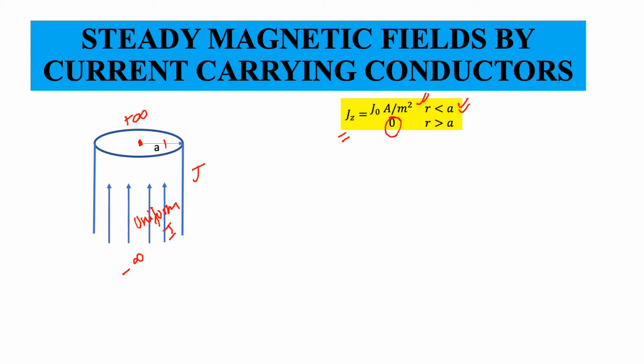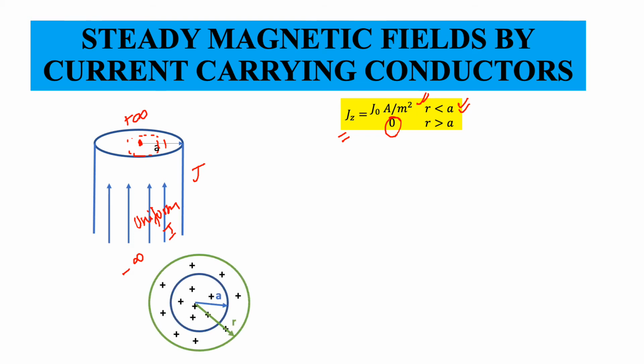Again, the idea would be to apply Ampere law in order to find the magnetic field. Let us do one thing. Let us first find out what the magnetic field would be if you were to choose a contour that is entirely inside the wire. Going back to the top view, this green one would be the conductor or wire, and this is the contour. Its radius is r, the contour radius is r, and the wire radius is a.